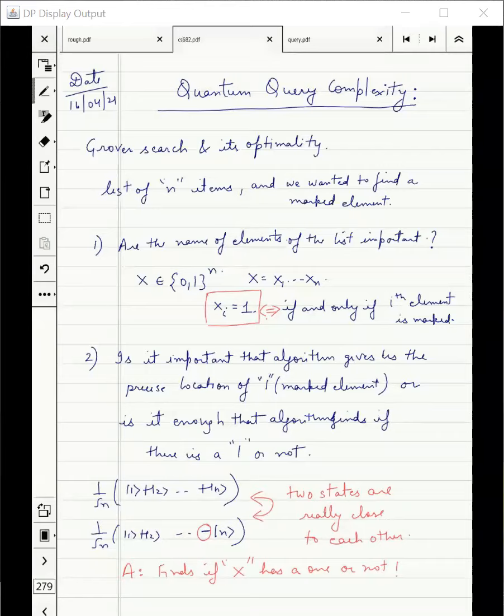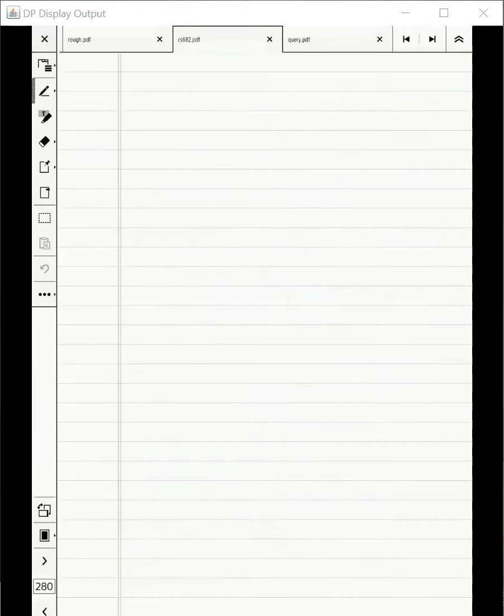We just, like something like binary search, we cut down the input space. If I take n inputs, then I'm just cutting it down, checking if it has one, okay, then I cut into half, check one part for the one, then the other part, and then I would reduce this size until I get to the element, things like that. Very good, very good. So actually, given an algorithm to find if there is a marked element or not, it is easy to convert into an algorithm which gives the location of one.